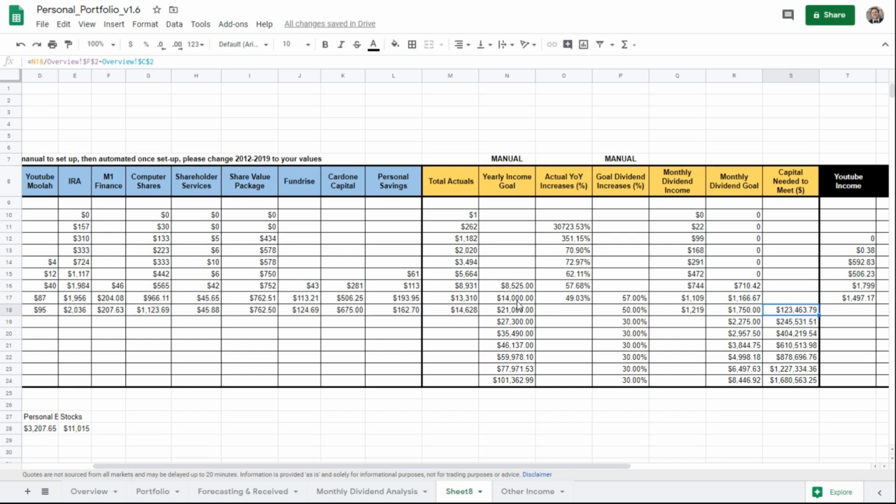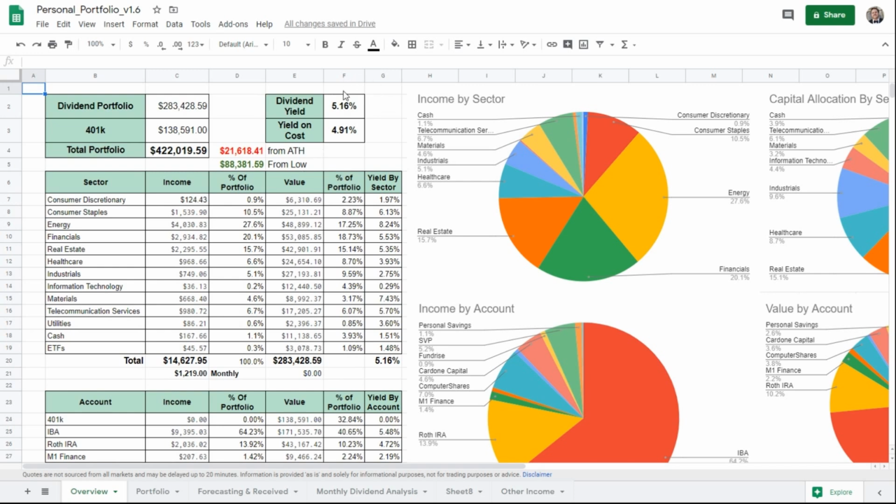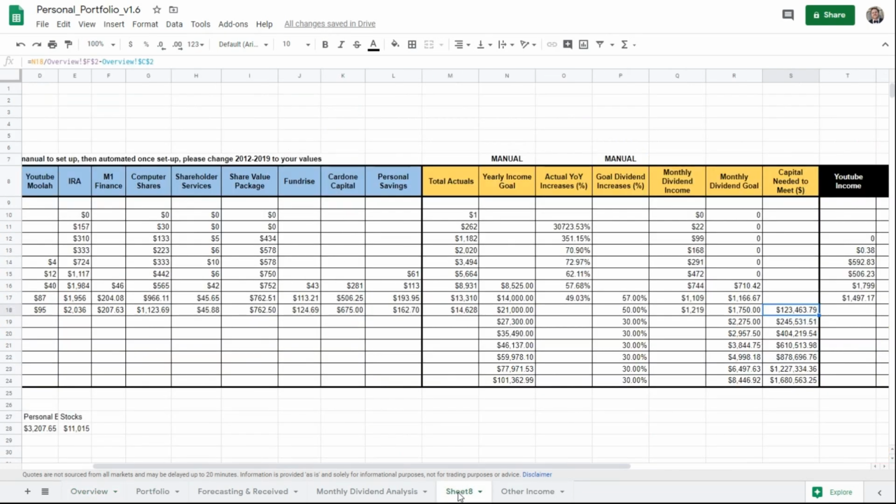But based off the dividend yield that I have, it goes back to what my dividend yield is in this overview tab. It takes this number here and says, if you add that across, just for relative ease, of what we have in this portfolio tracker, you could say, okay, we're going to try to average what the portfolio average is. You need $123,000. Obviously, that's not a surprise to me. I'm trying to increase the portfolio yield by 50% next year, so it's going to require a huge amount of